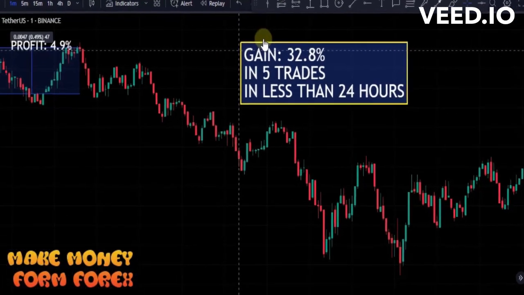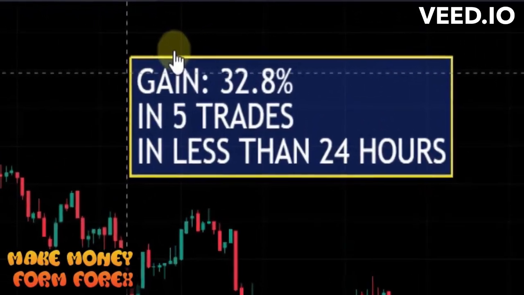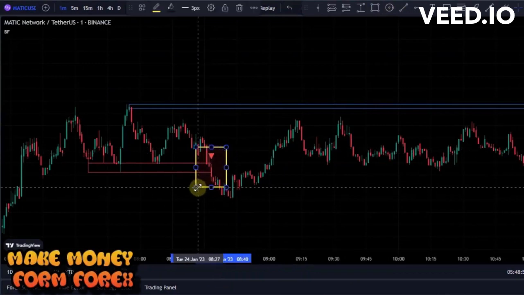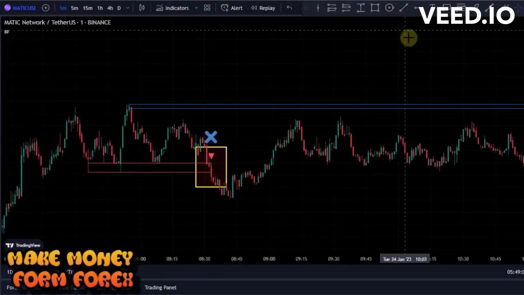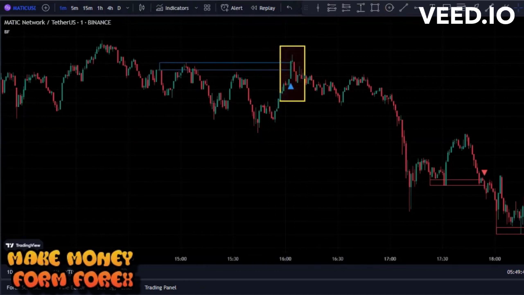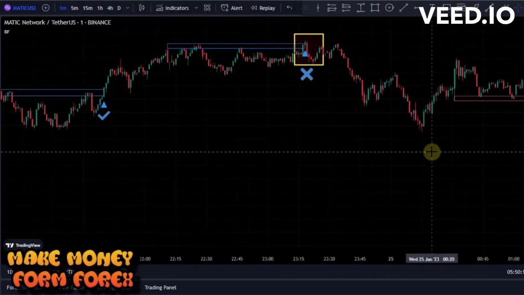We made 5 trades in 1 minute time frame in less than 24 hours and made a profit of 32% with the leverage of 10. But in order to make this price action strategy more accurate, we used 2 other tools to be able to recognize these false signals. But before that, we need to make some adjustments in the settings of the breakout finder